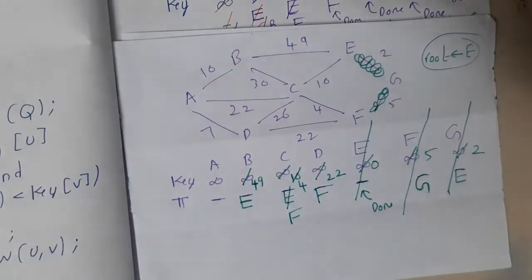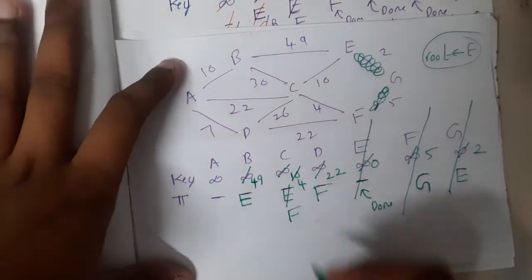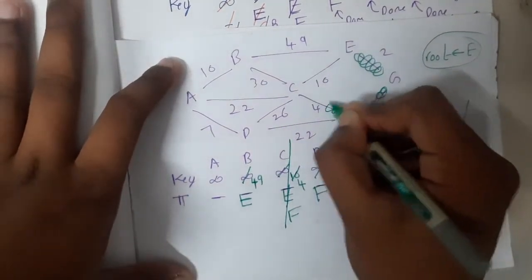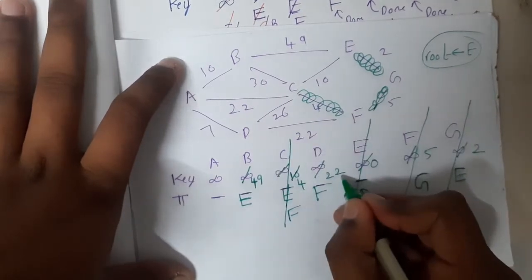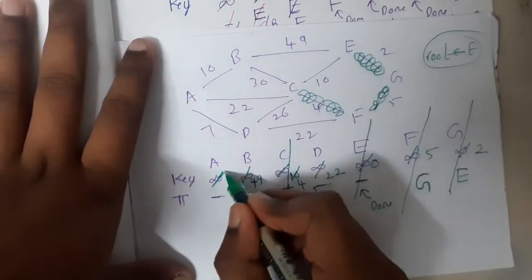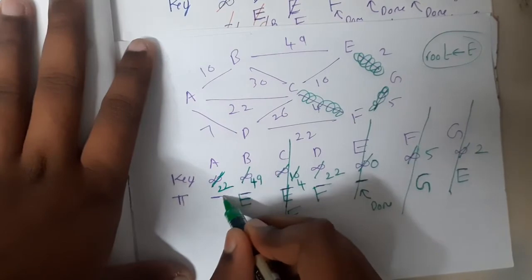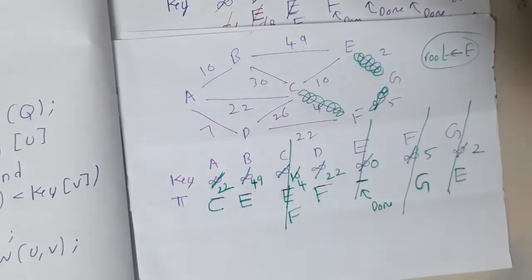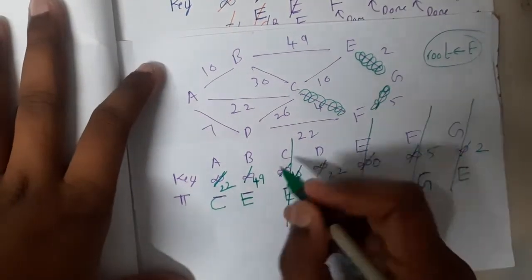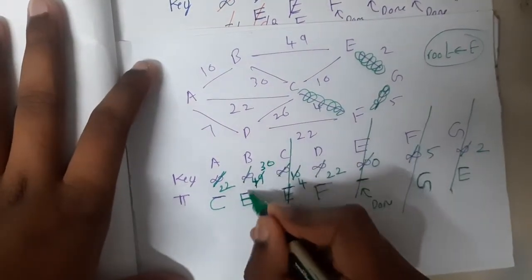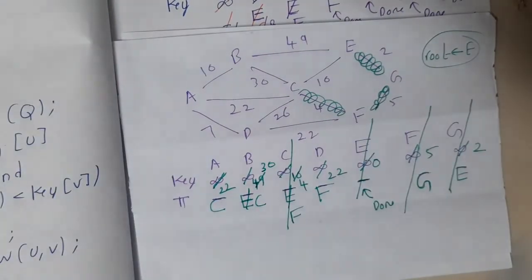Yes. So now again observe which is minimum among these three. So C is the minimum, so you will visit C. So from C you can go to D at 26, so that's a waste of cost. For A you can go at the cost of 22 with the help of C. To B you can go at the cost of 30. So anywhere else can we go, guys?